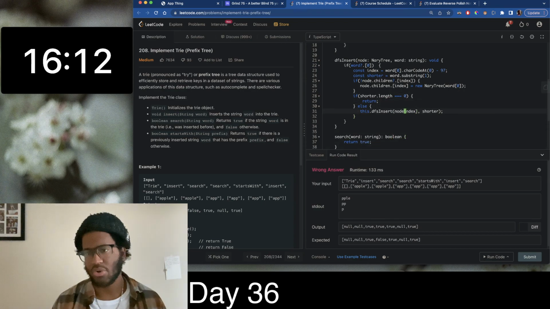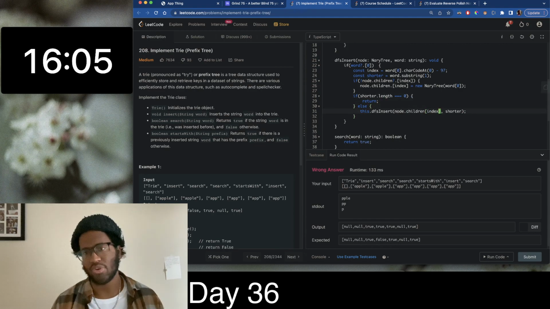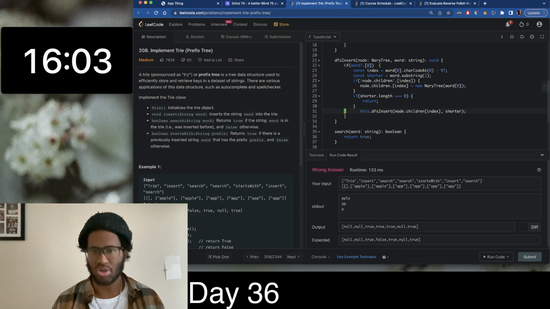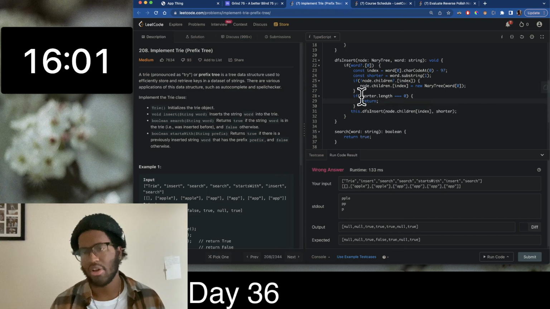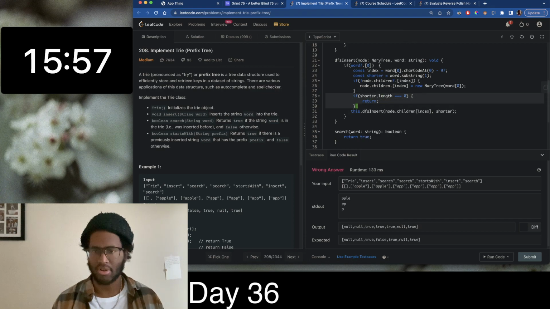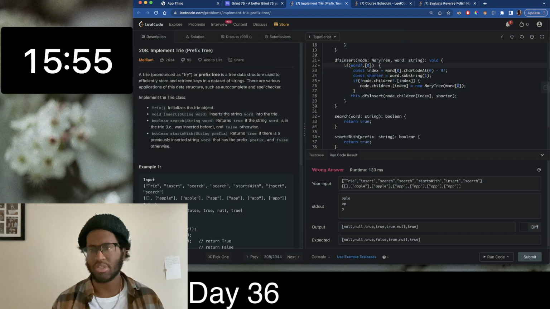Then we do node.children[index]. So we want to recurse further, but we pretty much always want to do this other part, because if shorter equals 0, then we stop. So that's the first thing